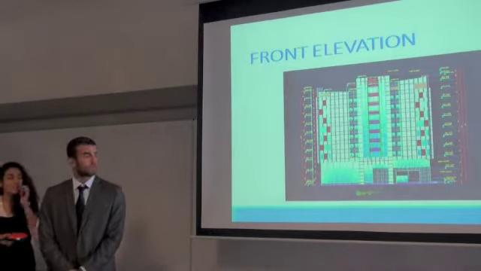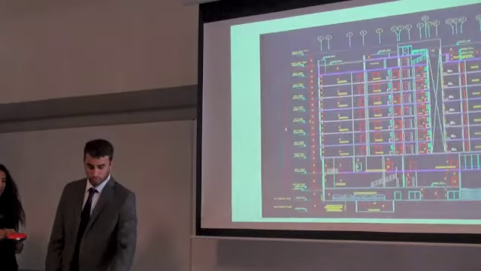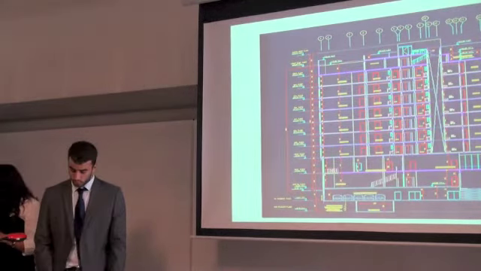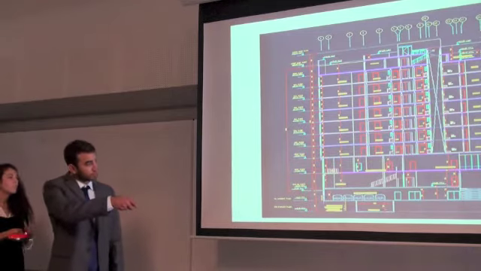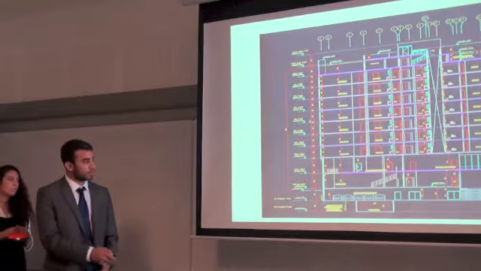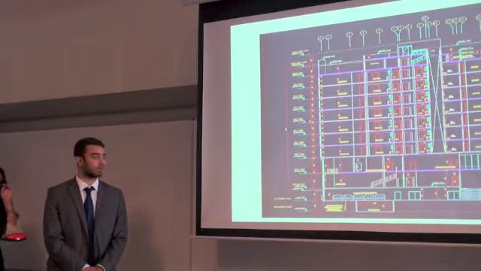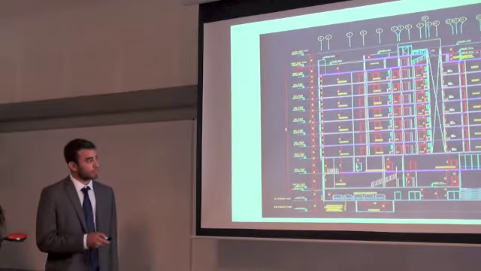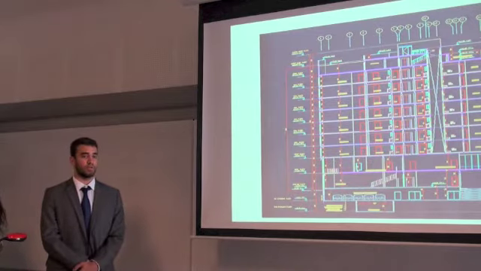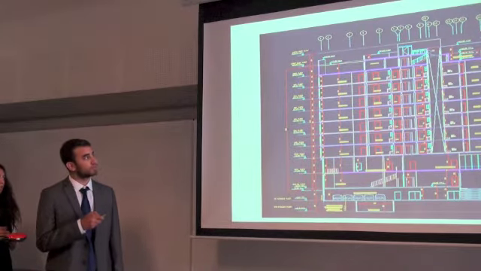Okay, this is the front elevation. And for further details, please allow me to refer to the cross section. I will start from the very bottom level and gradually move up as we progress. So, this is basement 2, and as I mentioned before, this is the one that includes the water tank. Following that is the first basement, which should act mainly as a parking lot for the residents and employees. Then we have the ground floor level and the mezzanine, which would be home to the commercial center. Then we have the seven residential floors, and finally we have the roof.